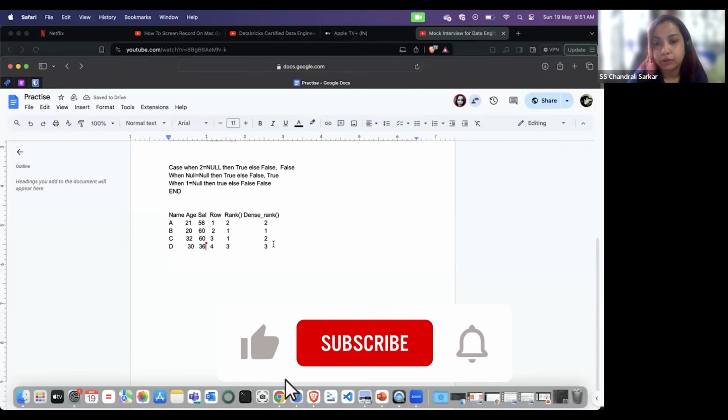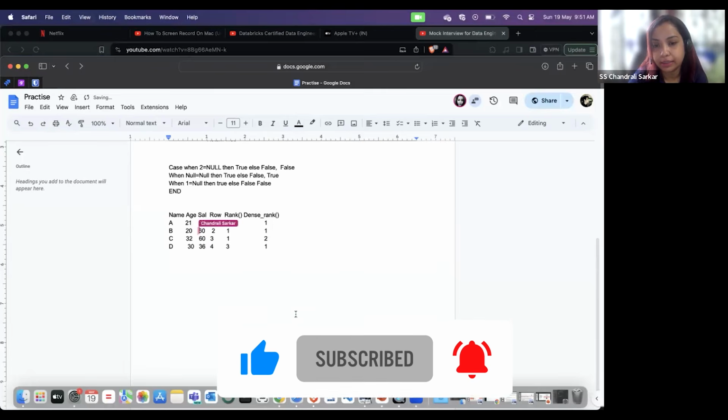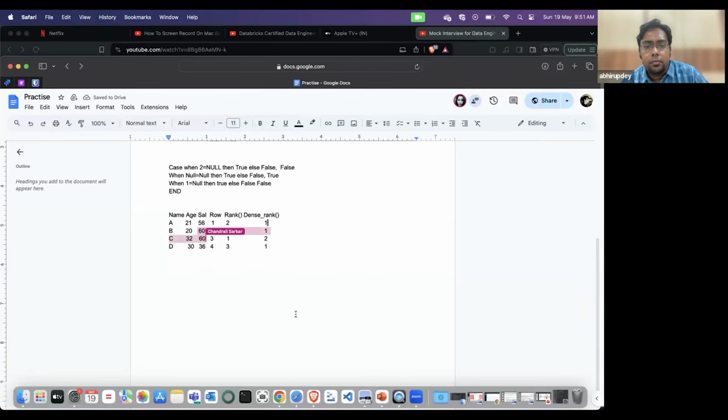You just need to brush up a little bit more. So rank, when it has ties over here, 60 is a tie. So 1, 1, it's fine, but it skips the next rank. So this will be 3 and this will be 4. It skips number 2 because it has assigned the same value to 2 of them. Dense rank solves this problem. It gives the same number, but it does not skip anything. Okay. Just go through these concepts also, and also practice window functions. Okay, so we are good with the interview.